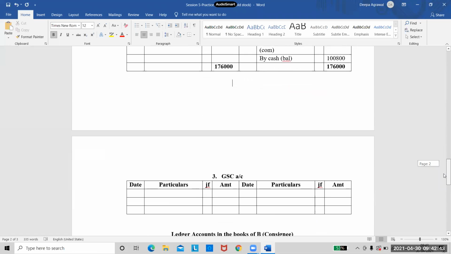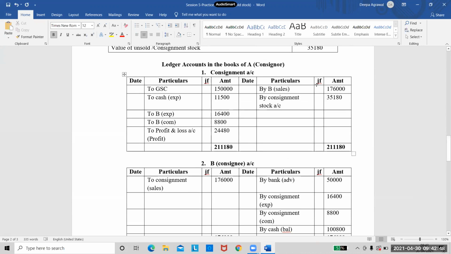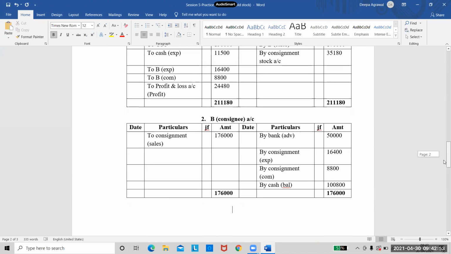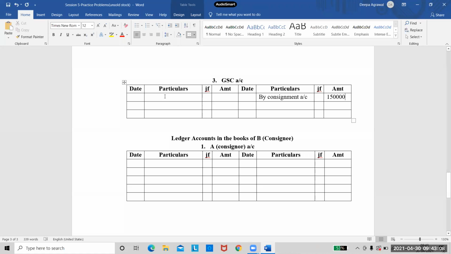Now we move forward. All these accounts will remain the same. There won't be any change in these accounts. The only change was with this consignment stock in the consignment account and one entry to be added in the journal of consignor. That's it. Now come to the goods sent on consignment account. So come to the credit side, write the entry as by consignment account. And then the amount is 1,50,000. Come to the debit side, write the entry as to trading. Whatever is there in goods sent on consignment, you will transfer it to the trading account. And then the same 1,50,000.